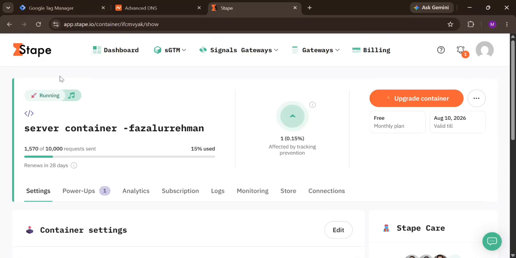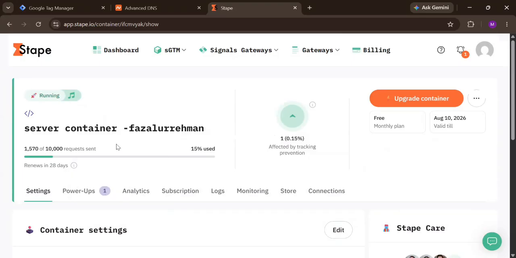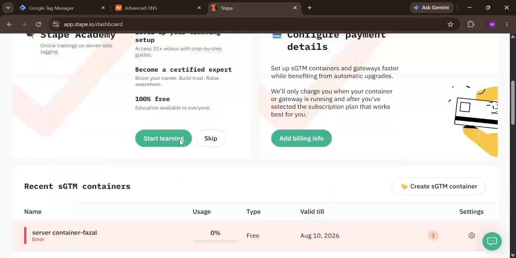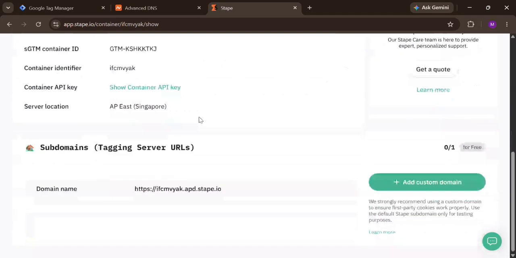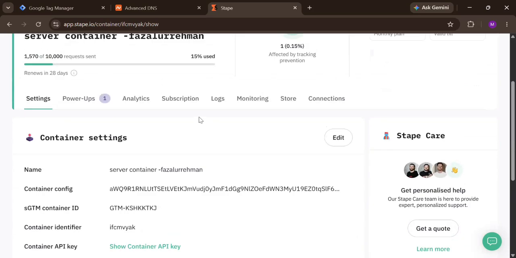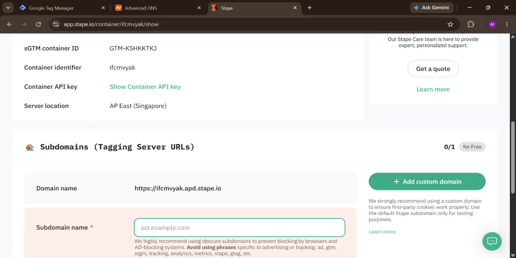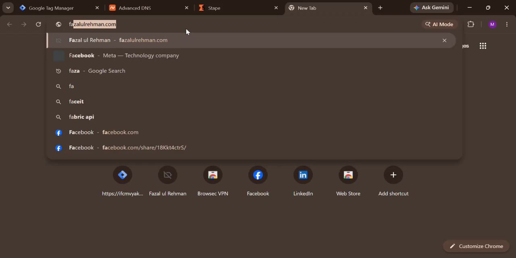When you log in to the Stape dashboard, you will scroll and select your container. In this case, it is the container which I'm using. My provided URL is already connected, but now I'm going to create my custom domain. So click there. You have to provide your domain, and for example, my domain is that,